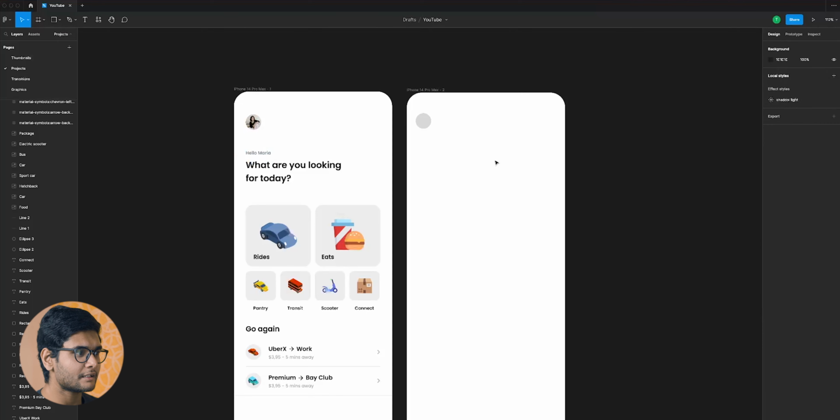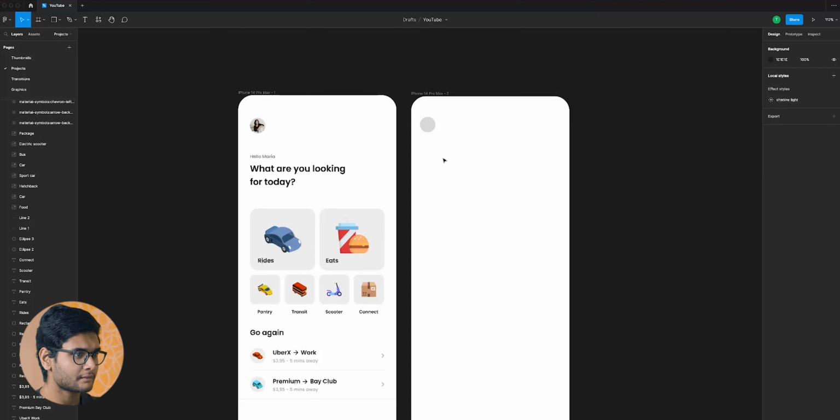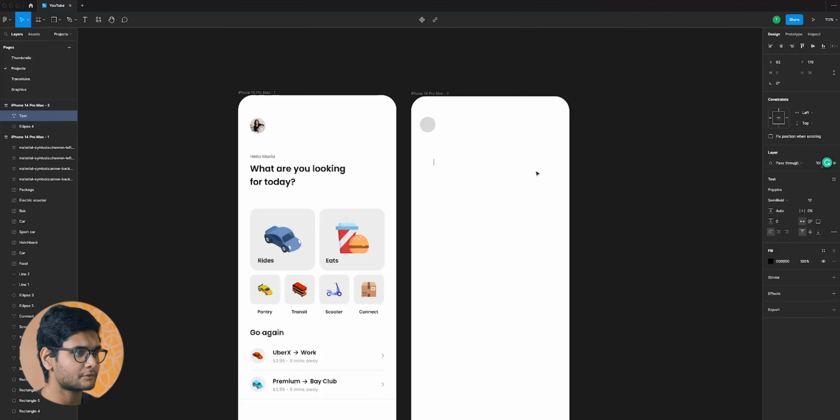It's also web safe, so it's very much safe to use in these kinds of videos, as these are web safe fonts, so no matter what device you are using, you will be able to view these fonts pretty flawlessly. So let's write down this text over here. For that I have to press the T key on my keyboard and click anywhere in the canvas in order to reveal this cursor. I will write hello Maria,